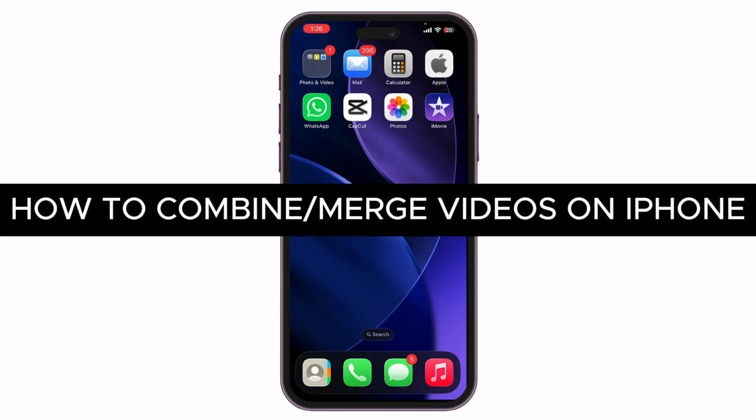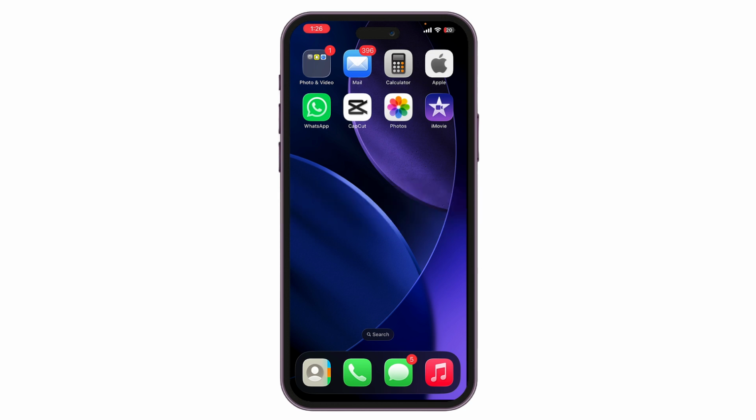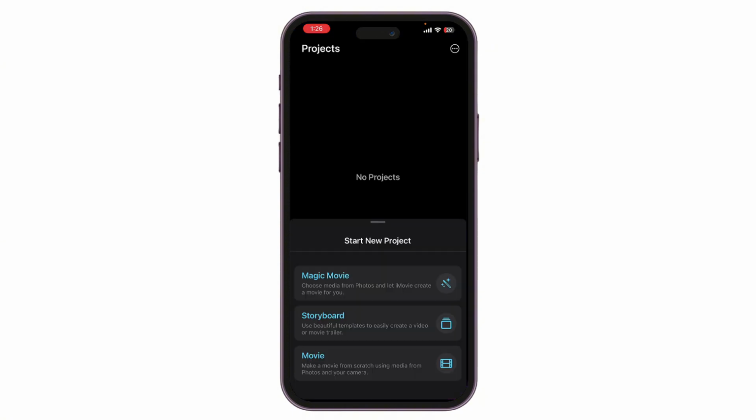How to combine or merge videos on iPhone. So it's really easy. You have to use a particular app. You can use either CapCut, or I would recommend you guys use iMovie because it is from Apple and it's completely free. So I'm going to use my iMovie application, open it, and then from here, all you have to